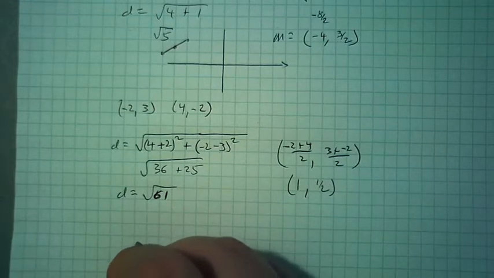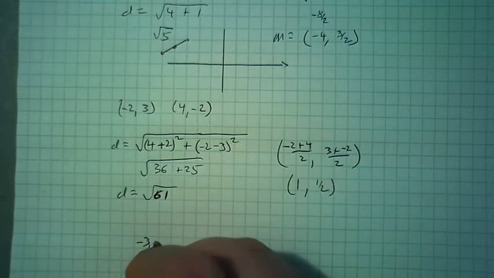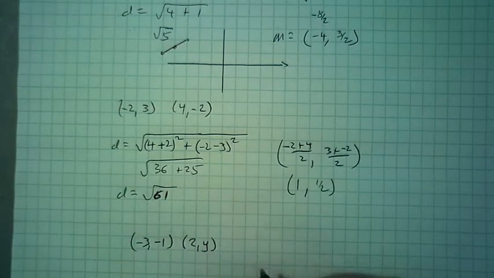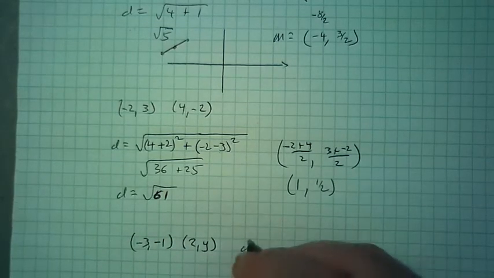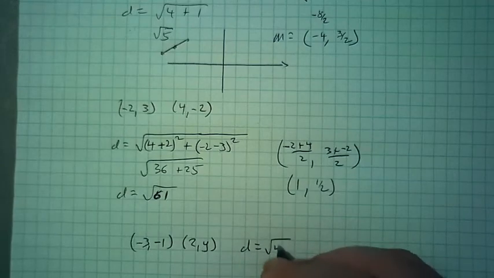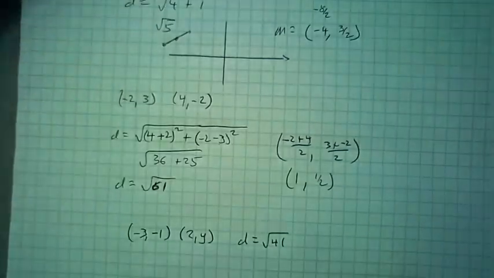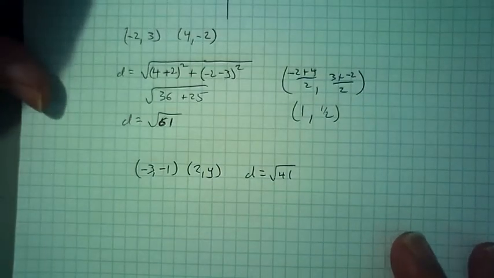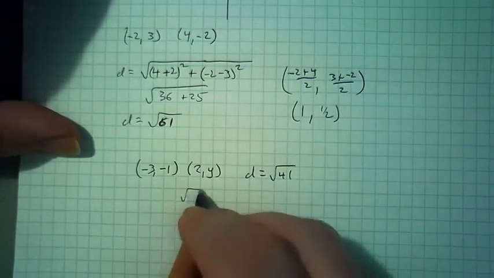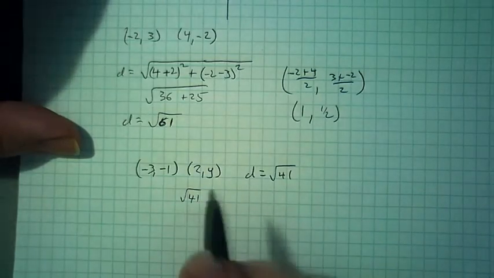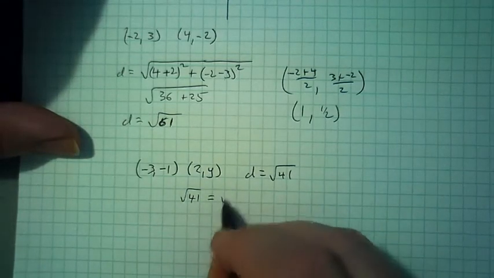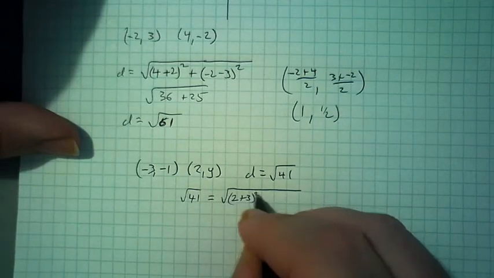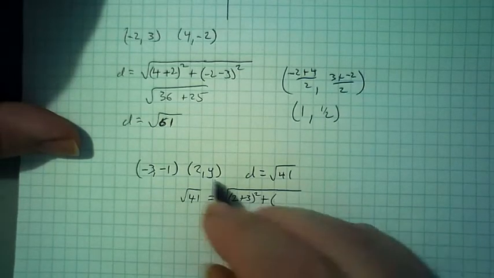We're going to say we have the point negative 3, negative 1, and the point 2, y. And we know the distance between these points is the square root of 41. And our job is to find the value of y. So square root of 41 is the distance. That has to equal the square root of the difference between the x's squared plus the difference between the y's